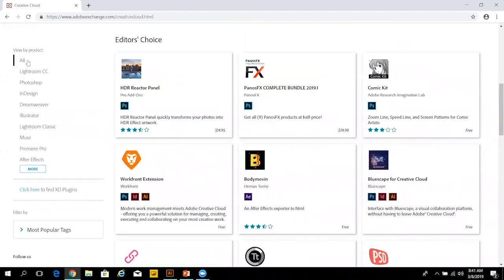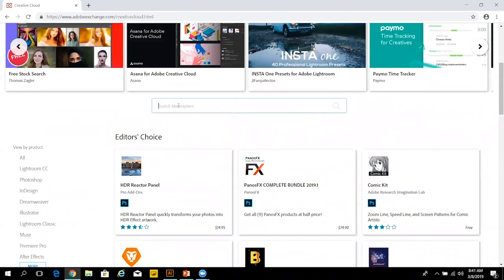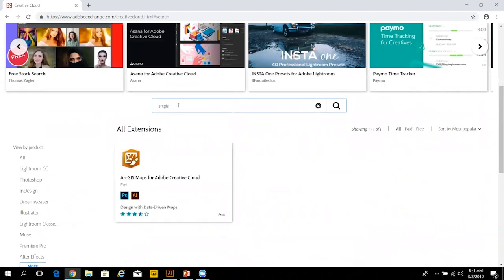And you can filter by application, by product, and so on and so forth. So for example, if you want to do a quick search, you could just type ArcGIS, which is the name of the Esri technology. And here you can find our extension. So if you click on this,